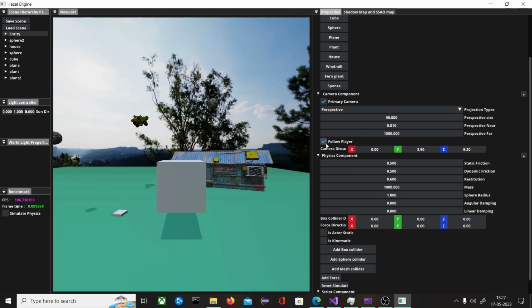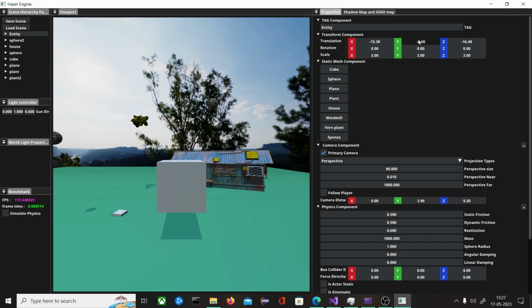If I toggle this off, then the camera will not follow this object whatsoever. Yes, this is a handy feature that you can use in the script